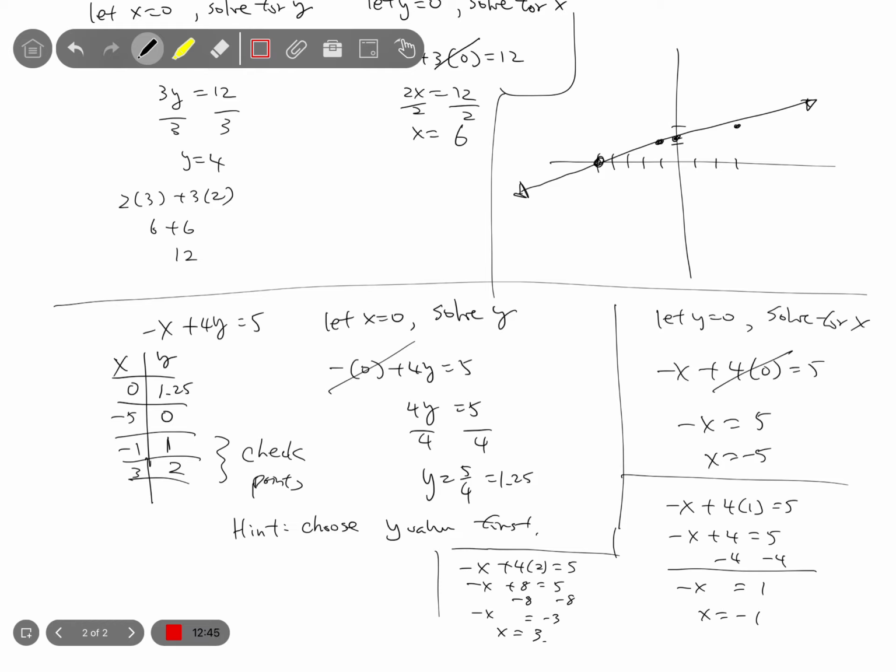Again, we don't like to deal with decimals or fractions when it comes to graphing, so we try to stay with the whole numbers. Okay. All right,